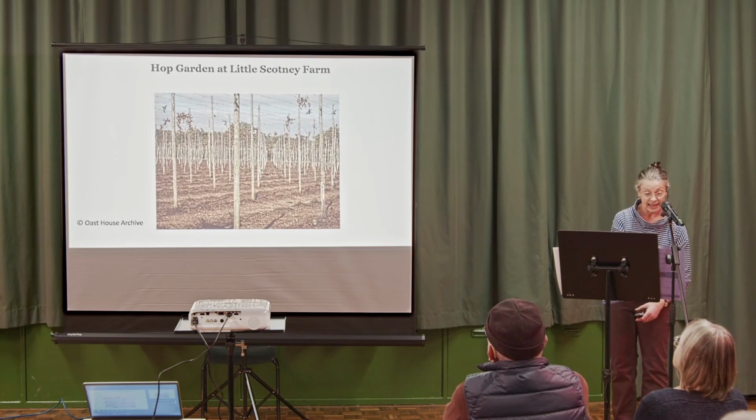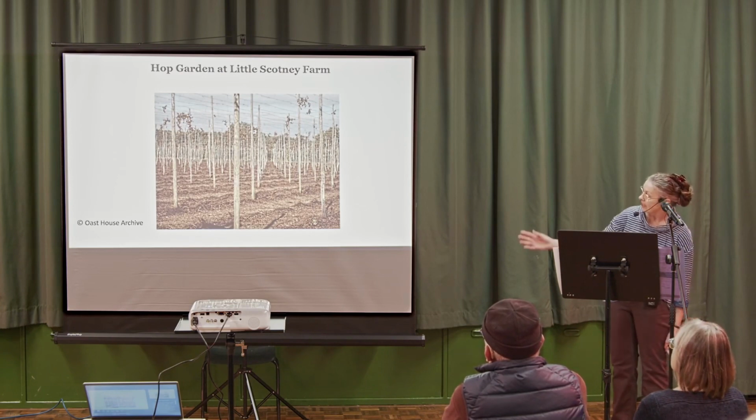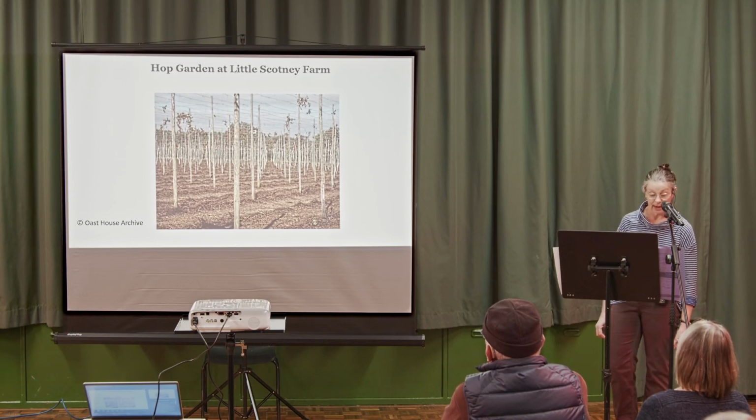So here is a hop garden at Little Scotney Farm in Kent. And this is obviously, as you can see, at the time when the hops are not being grown. So they've already been harvested at this time. So hop plants, they are perennials, and they were traditionally grown on hills up poles that were around 10 feet